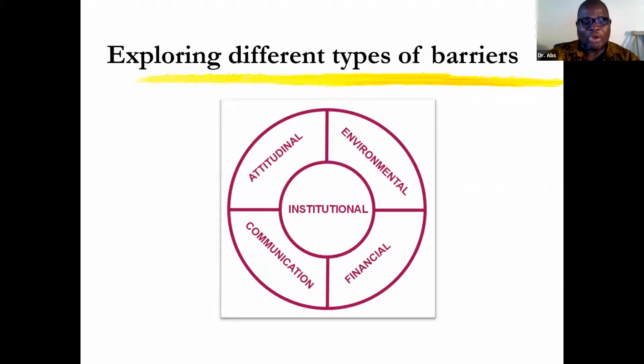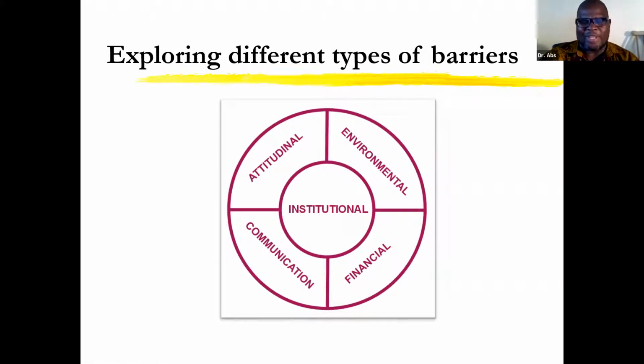Of course, communication is another barrier. And here is where we talk mainly about, how do we make communication accessible? We have an educational system which still does not have Braille materials. People with visual impairment do not have Braille materials. People with hearing impairment get involved in legal matters, and there are no people there to defend them. Although we've done a lot of advocacy to now have the police at least have somebody interpreting in the police force. So this is a great thing that's happening even in this seminar.